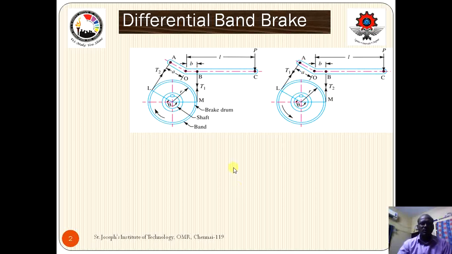In the band brake, you can see some leverage is given here, that's A. The drum rotates clockwise or anti-clockwise, similar to the simple band brake problem. Wherever the direction of the drum, the drum makes more tension on this side. So this is T1 and the opposite is T2. Similarly here the drum rotates anti-clockwise. Because of this rotation, the drum makes more tension only on this side of the band. So this is T1 and this is T2. You should be able to mark which is T1 and T2 here. This T1 is acting at a distance of B from the fulcrum.